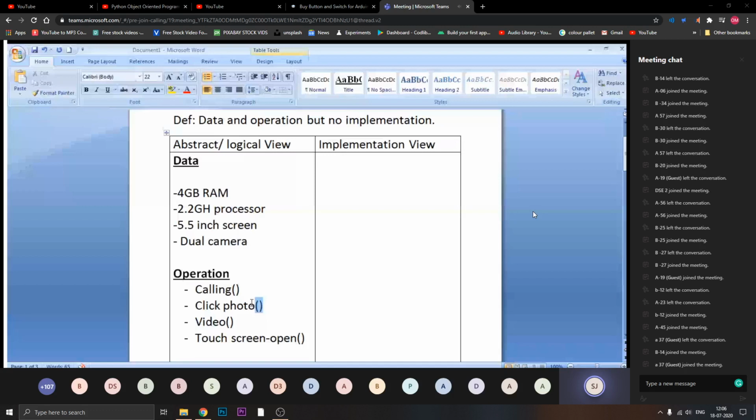Because in your C programming basics, the main function is there. You are writing main, and after that you are writing round brackets. That is nothing but your function symbol. Okay, so for that purpose, every operation which is following some kind of steps, those are functions or operations, that will be written as a part of an abstract view. So getting what I'm trying to say, the smartphone example, data and operation, that is nothing but your smartphone.